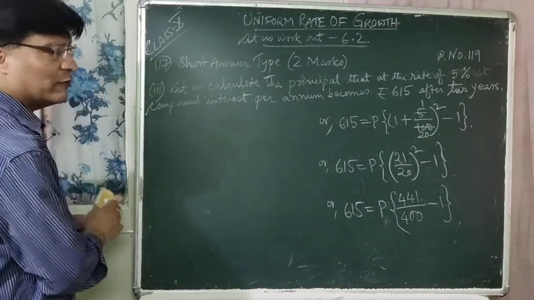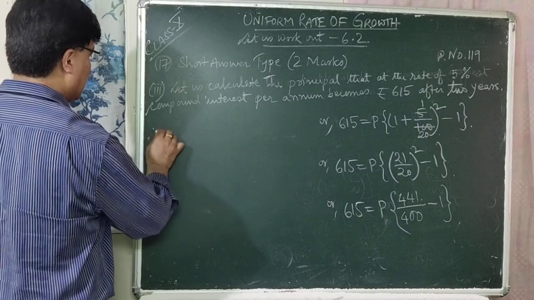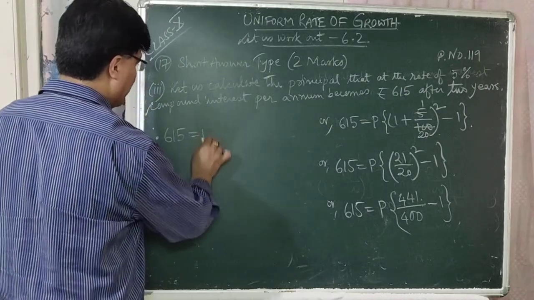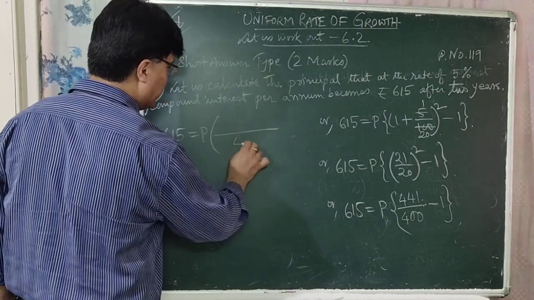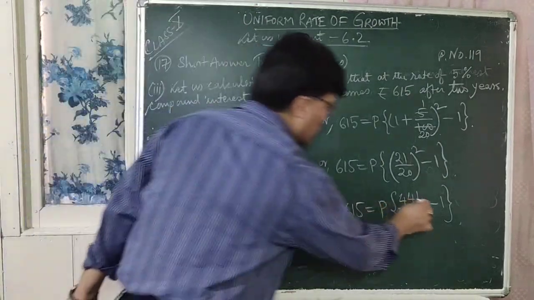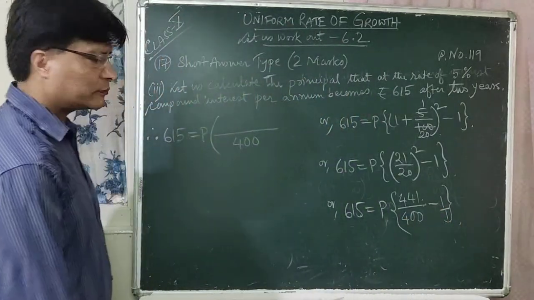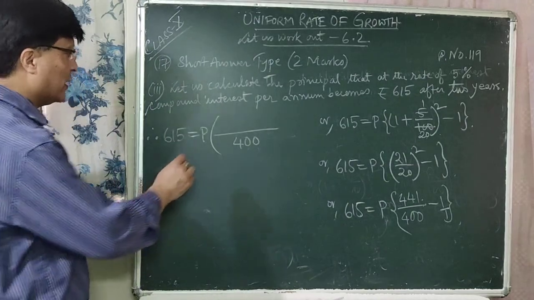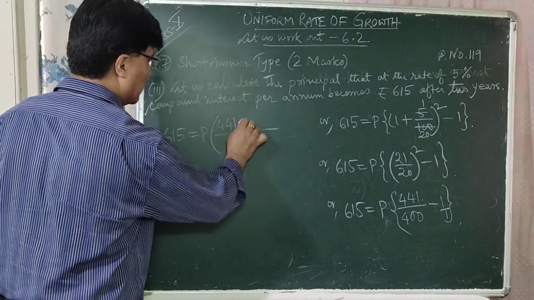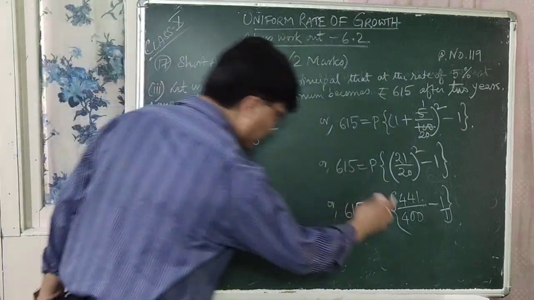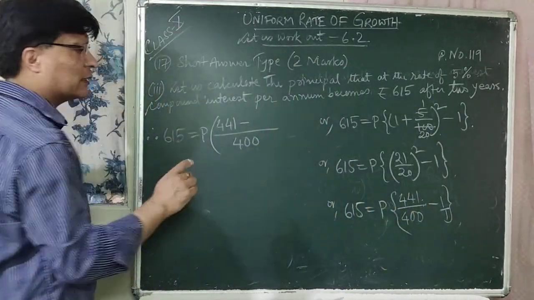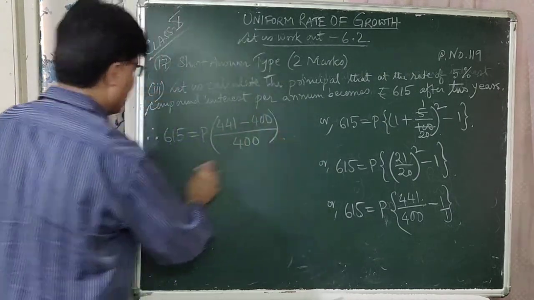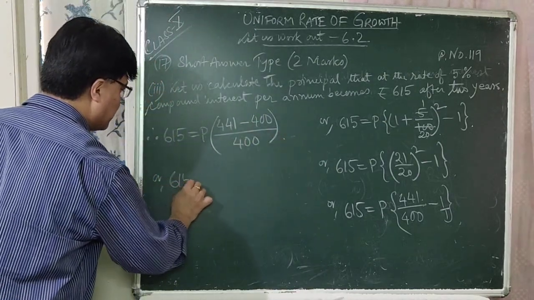Now let us find out the value of P. Let us simplify it once again. Therefore 615 is equal to P into within bracket. What's the LCM? It is 400. So below 1 there is 1. Now this LCM 400 is divided by 400. That is 1. Right? 1 into 441. It is 441, and the minus sign came in between. So 400 divided by 400 times, 400 ones are 400, right? So 615 is equal to